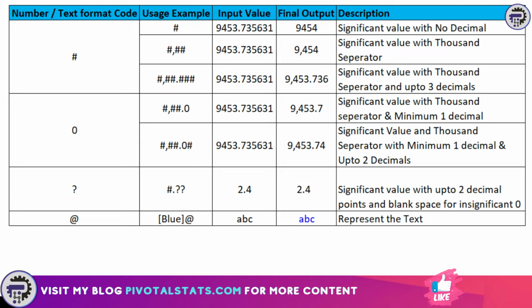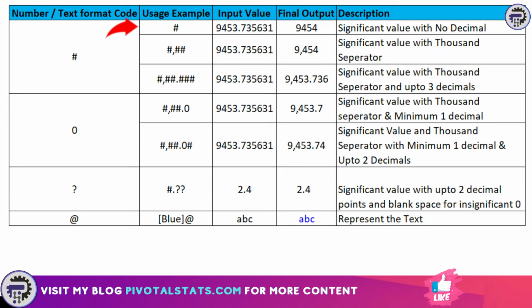So as you see in this table, there are a few numbers and text codes that are used for formatting. Each has a specific function which can be used in combination with each other to derive very interesting results. Now in this table, I have highlighted a few of those combinations, with examples for each. As you see, the first number code that we have is the pound sign, and pound usually signifies the significant values